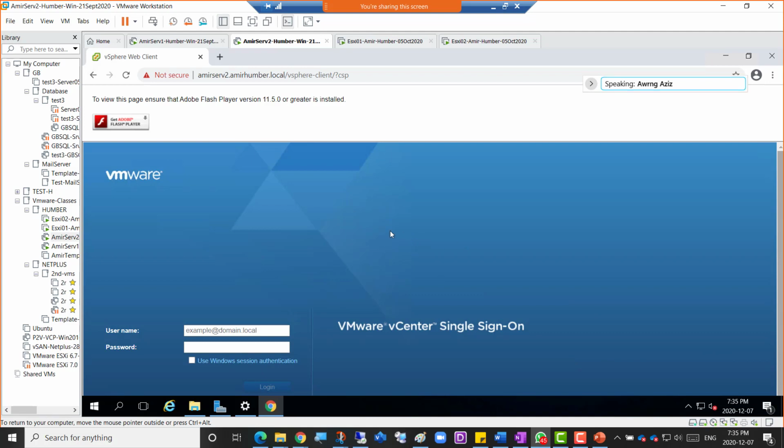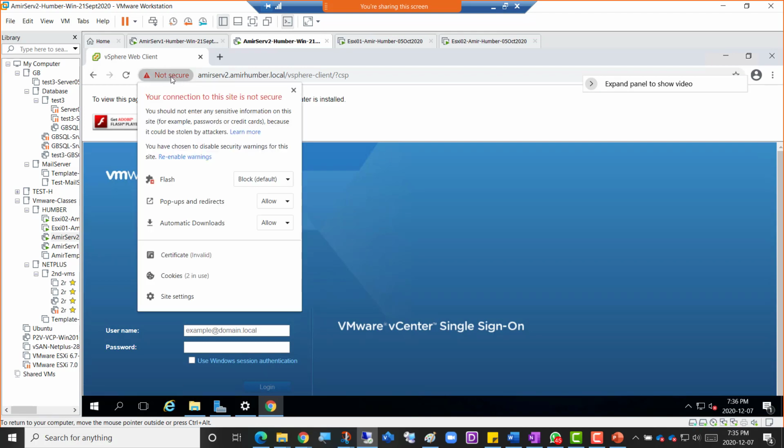So guys, if I open the vCenter, it shows me the Adobe Flash Player, and I'm gonna go to this not secure here. Flash is blocked, so I'm just gonna click that and allow for the Flash. The other ones are there. Deepshika, if you're looking at that, only Flash should be needed, because we configured the rest already.